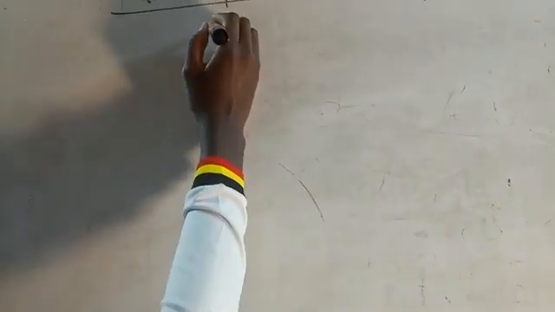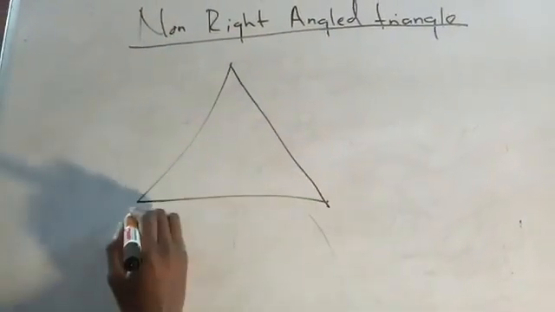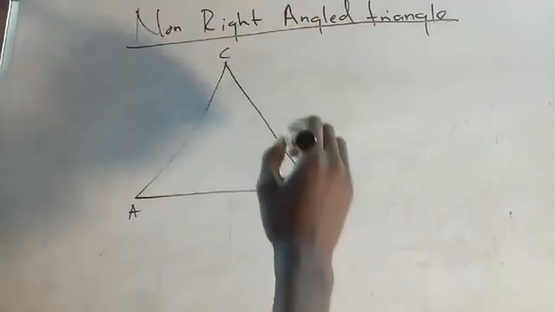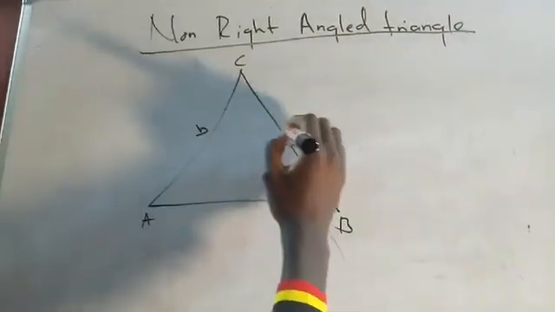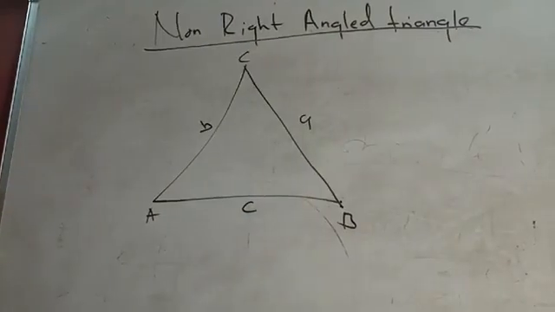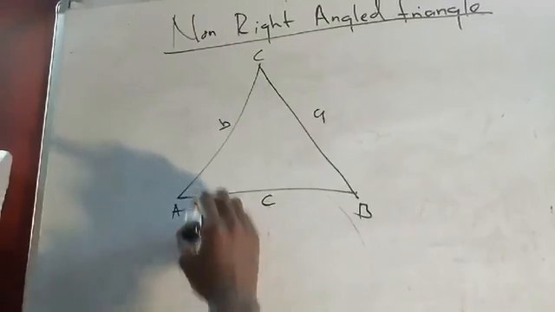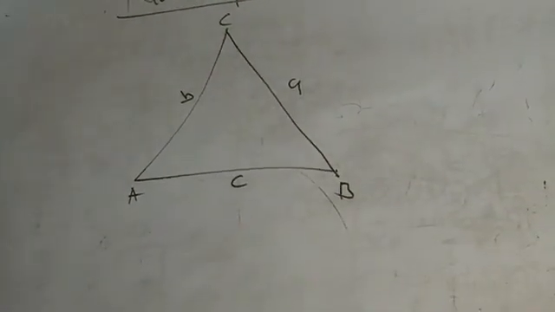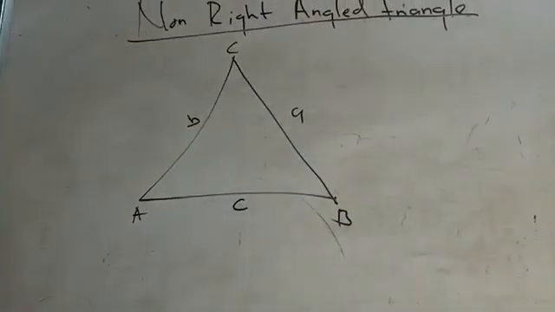So by saying this, it will be like this: A, B, C. This side will reflect B, this one A, and this one also C. But these angles will be adding up to 180, but you won't find any angle inside here equaling to 90